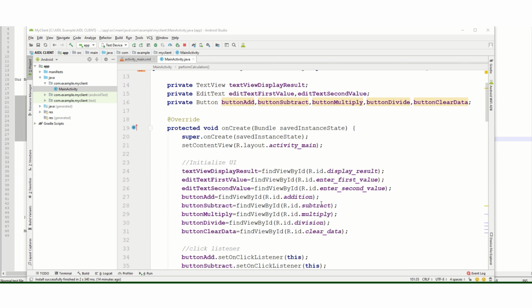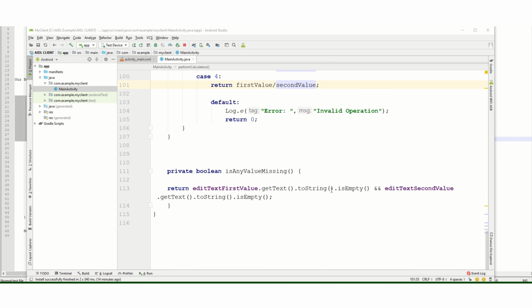Our implementation part of the calculator in client app is finished.